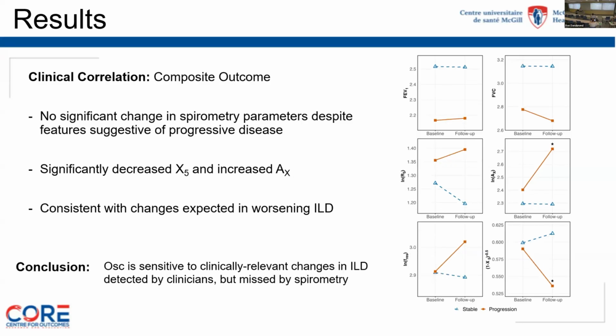Finally, we also did the same sort of analysis looking at a composite outcome. And again, what we see here is if any of these three parameters were present, there was no significant change in spirometry, but a decrease in X5 and an increase in AX. So overall, what we concluded from this analysis here is that